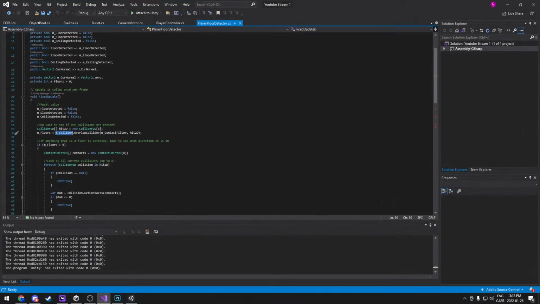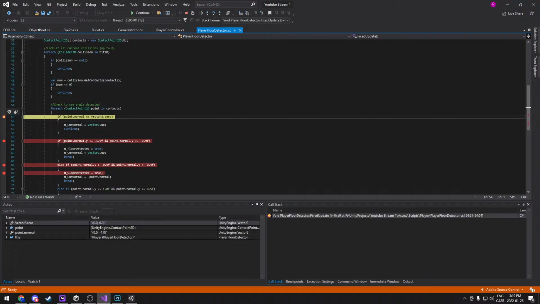So it's telling me that the player's collider